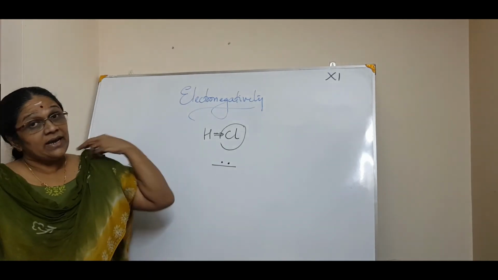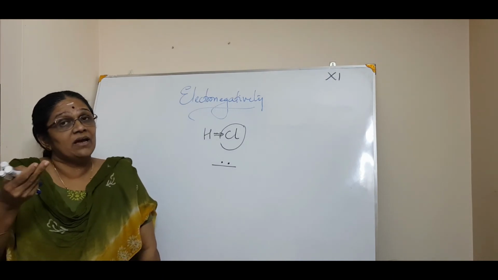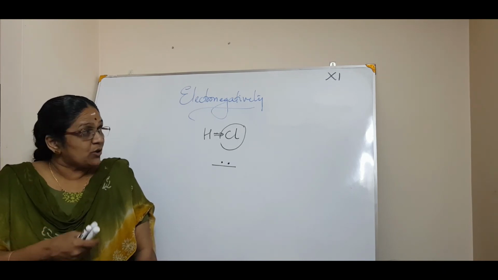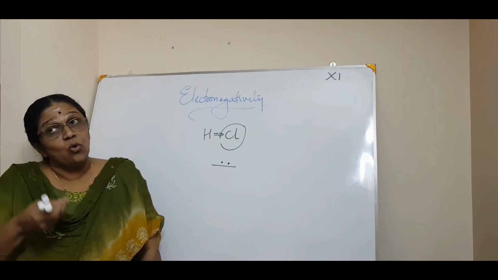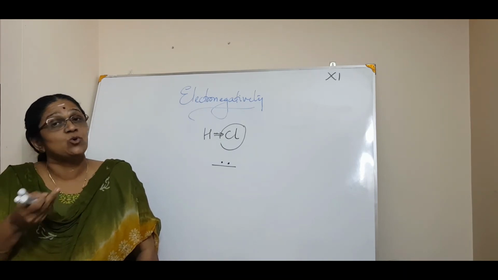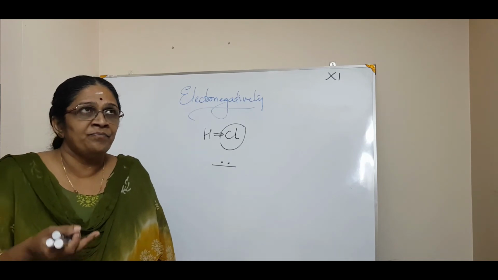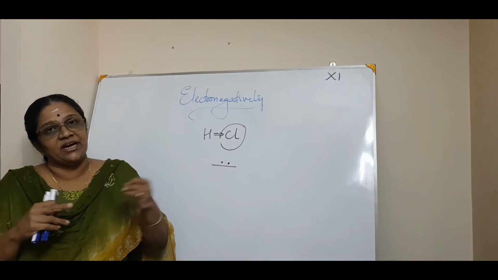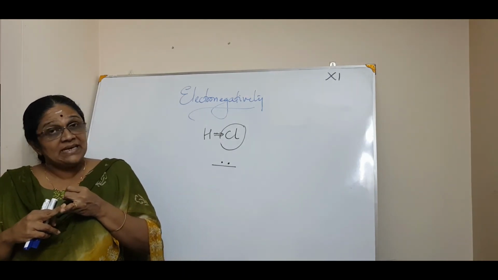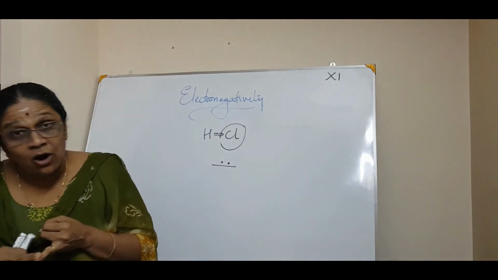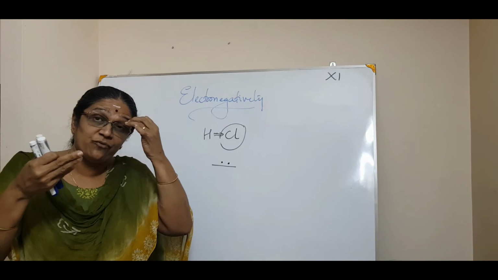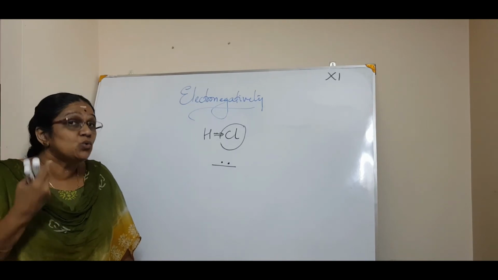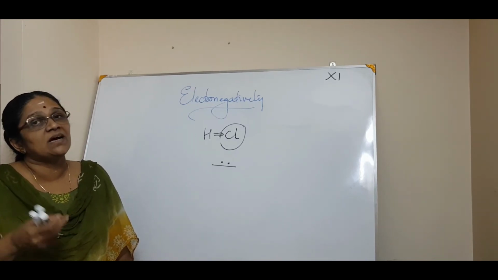But there are so many scales by which you can know the electronegativity. What is the electronegativity of fluorine or chlorine? There are so many scales put forward by so many scientists, like Pauling. Linus Pauling was one of the scientists who got an idea of electronegativity. Then the Millikan scale was there. Then the Allred scale was there. The most famous and widely used scale was the Pauling scale.